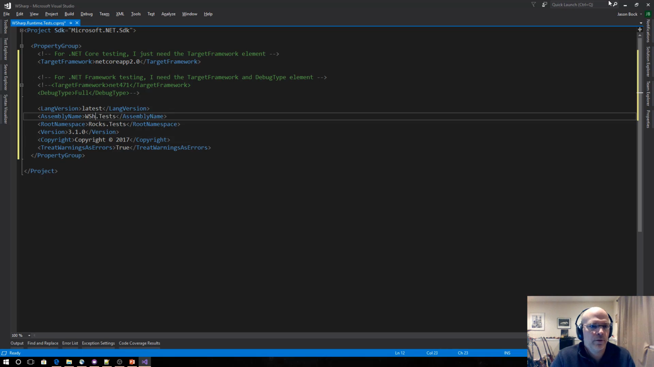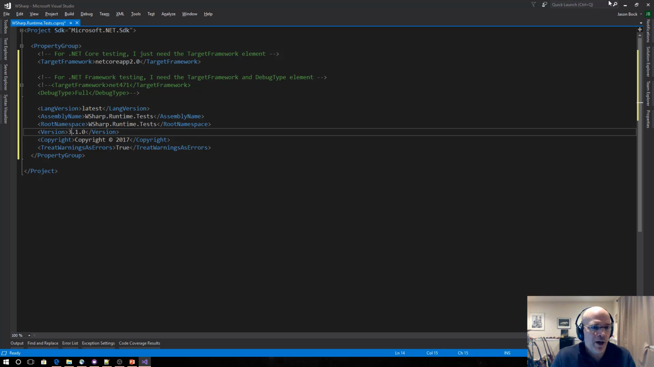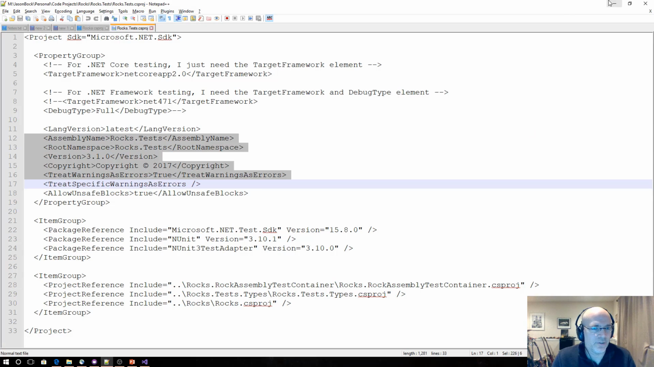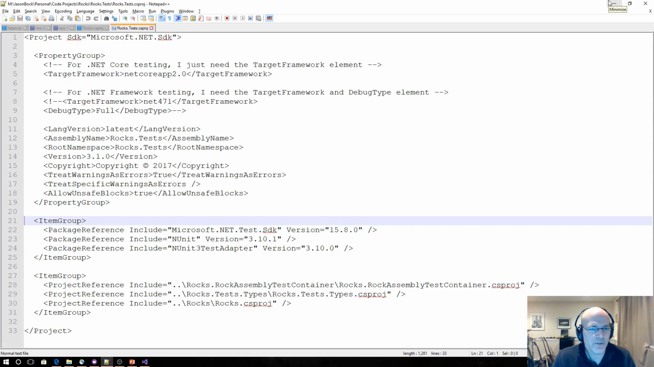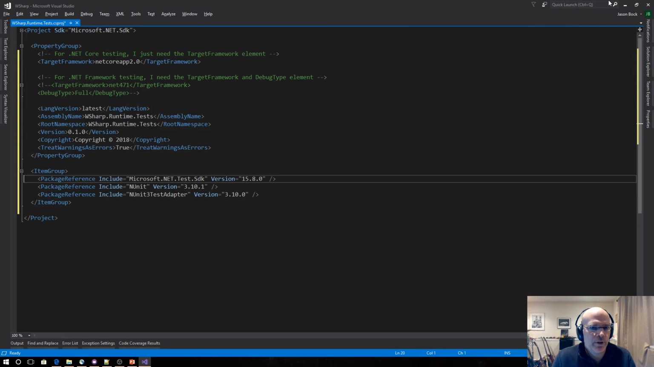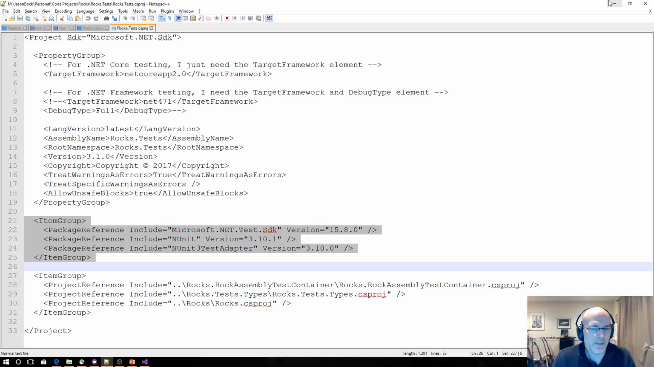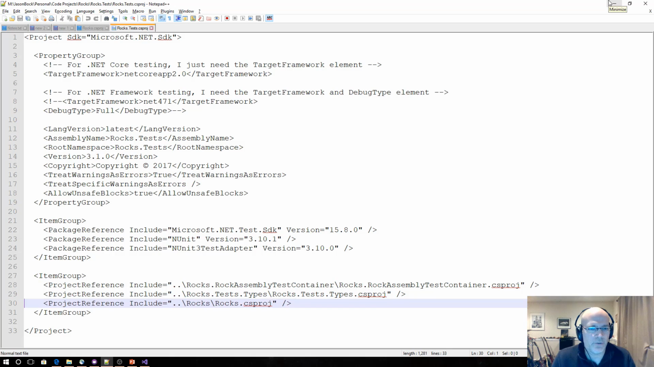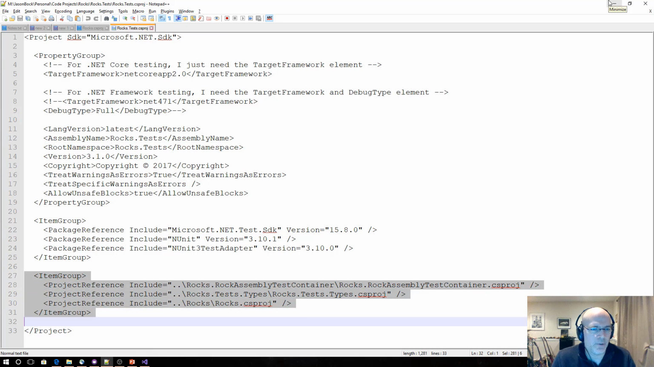WSharp.runtime.test. I'm going to get done with this, and it's going to be like, wow, you had half an hour of just babbling and actually not getting anything done. But this stuff is important. You got to get this stuff right. All right, we want the item groups, because we're going to need the test and NUnit, because I like NUnit. And then we also need to include, I'll just copy this verbatim and then tweak it as needed,